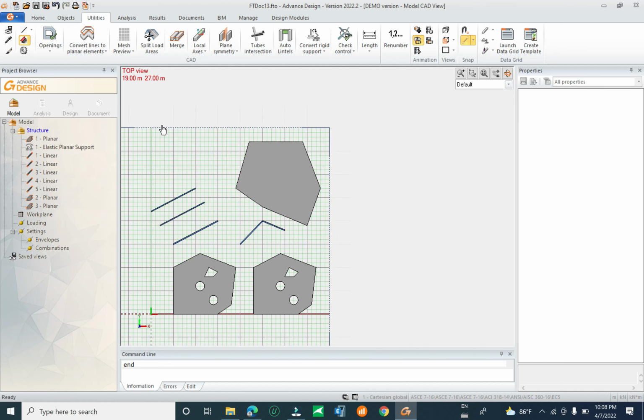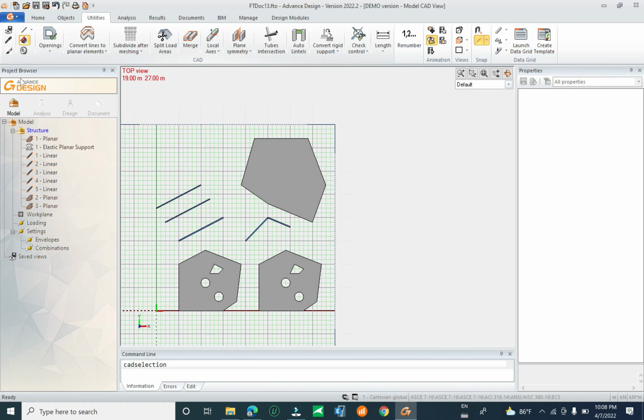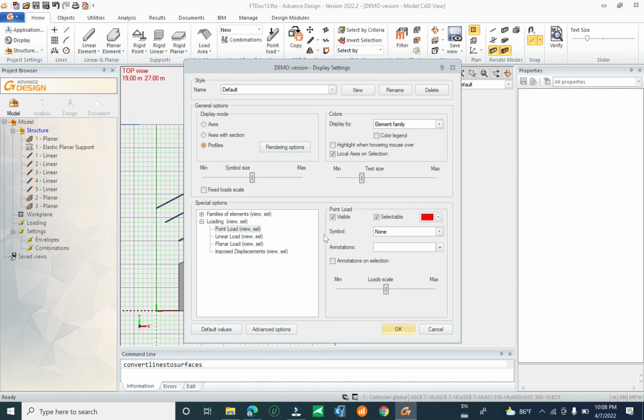Now we have to go to other option, other tool. This is for the mesh. You can preview mesh. You can subdivide as the meshing. Now we have to go to the split load. We can split load, but now you can merge object. The core axis, you see here, this is the core axis. You can try to show the core axis of objective by display, and click for the geometry,